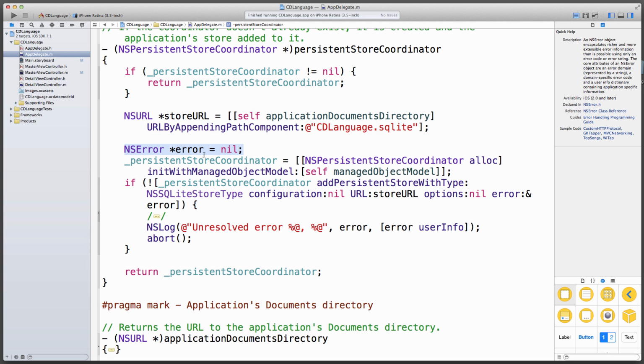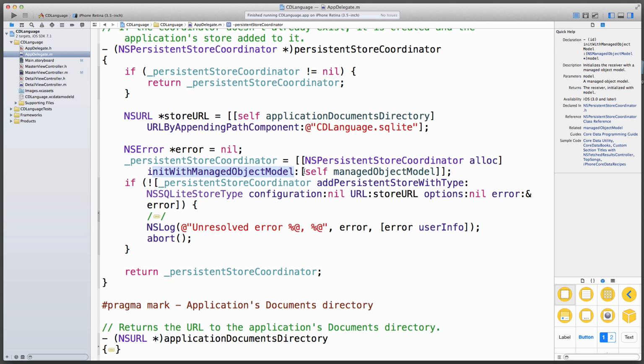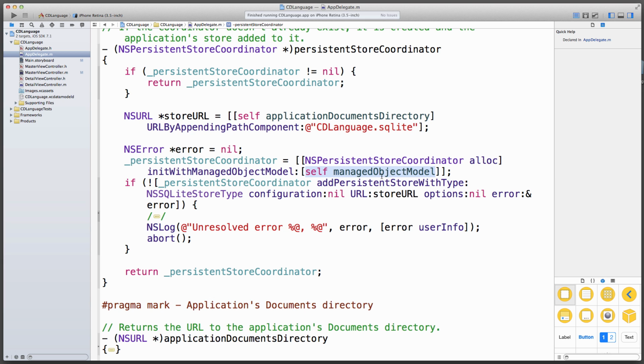Error object, an empty error object, because now we're going to add that to a new persistent store coordinator file. So NSPersistentStoreCoordinator variable, we're calling alloc and init with the managed object model, which is the one we've just created, self.managedObjectModel, that gets set up in the previous custom initializer we've looked at. And this method, yes, this is difficult, but you will be dealing with this a lot, so pay attention here,